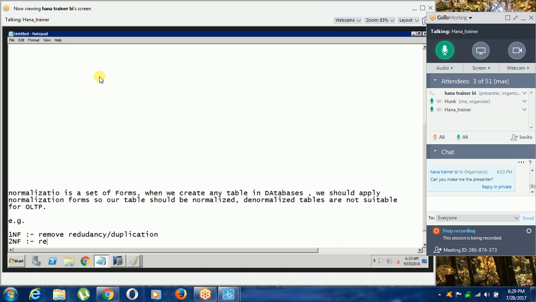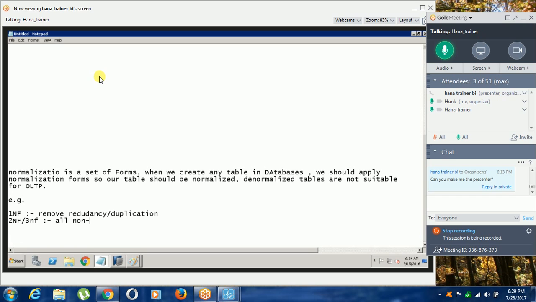Second normal form means, suppose, maybe second normal form or third normal form, all non-key attributes